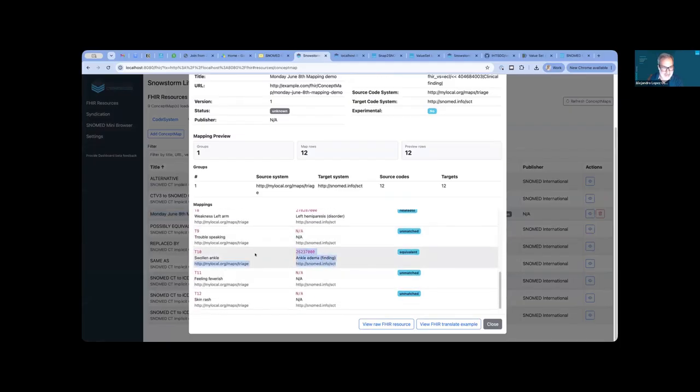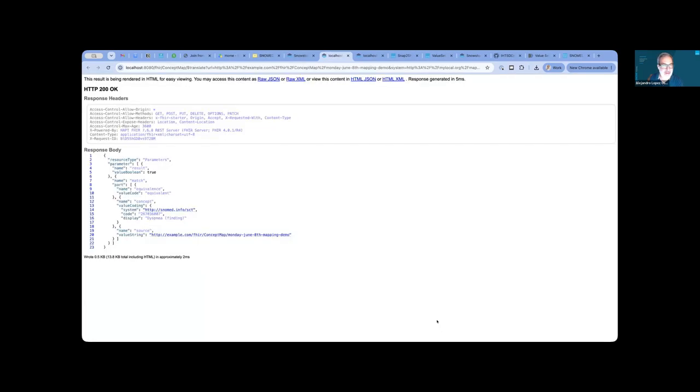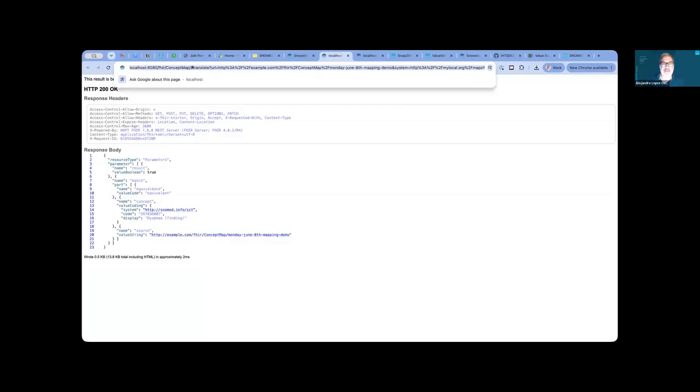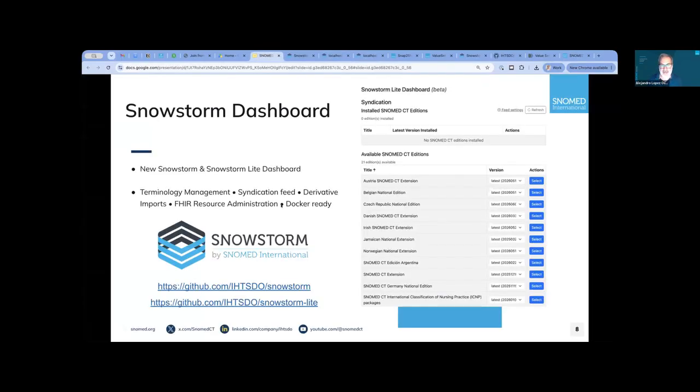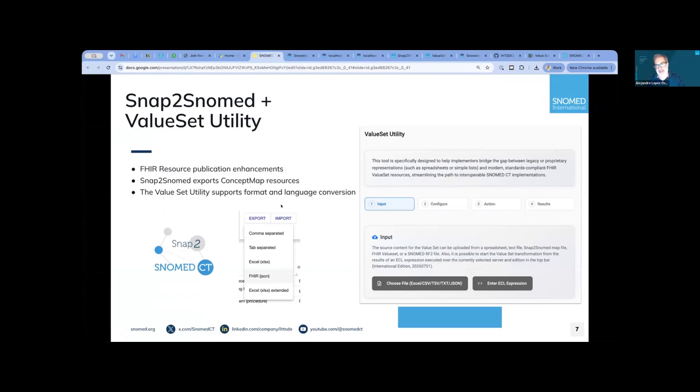Swollen ankle mapped to ankle edema. This is something that we did in Snap to SNOMED. And if you see a file example, this is the kind of request that you will make. This is a URL that you run from a Python script, for example, and you use it to convert things from one to the other. For example, this is mapping: what is the code? T1, right? But if I say, let's map T10, we find ankle edema. So this is like a full round trip from authoring maps and value sets.